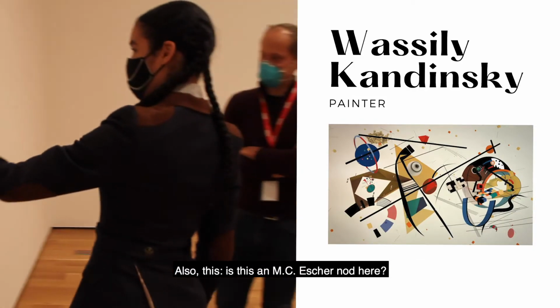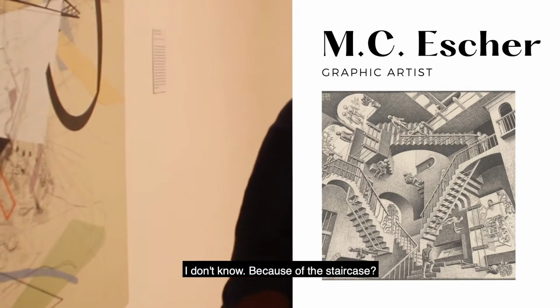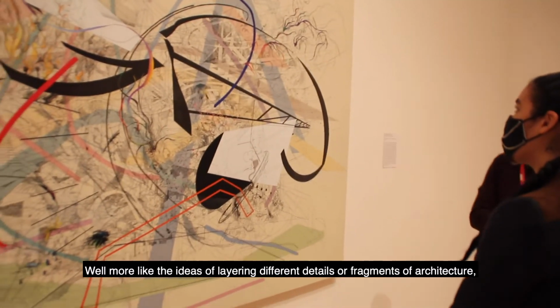Also, is this like an M.C. Escher thing here? I don't know. That's because of the staircase? Yeah, the staircase is also the fun thing. Well, probably